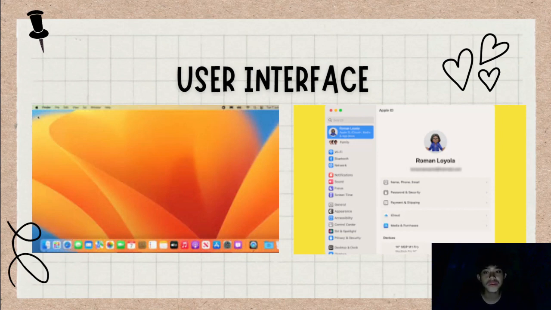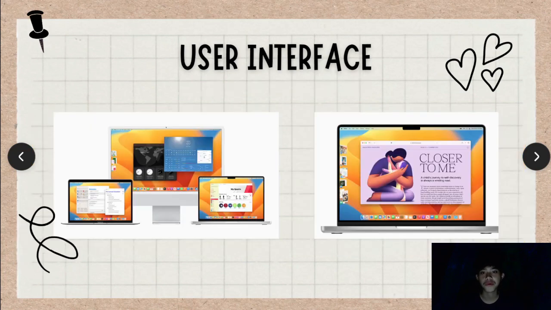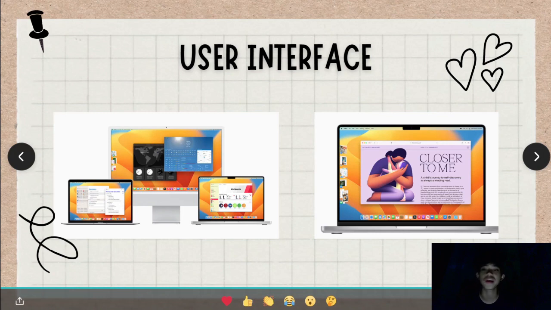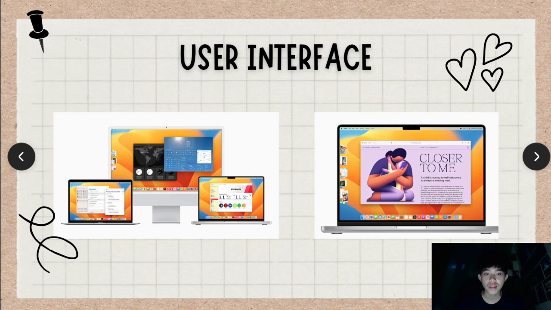So in the new user interface in Macintosh 13 Ventura, the system preferences, the UI, and the new screen in the Macintosh have been changed. So moving forward, this is the new user interface in Ventura. The new add-on in Ventura is that if you open an app, you can slide it down at the side, and then you have no problem navigating certain tabs or multiple tabs, since you are working a lot